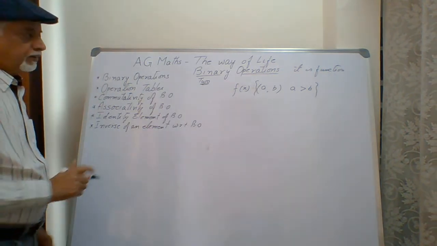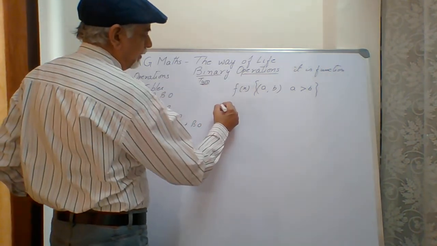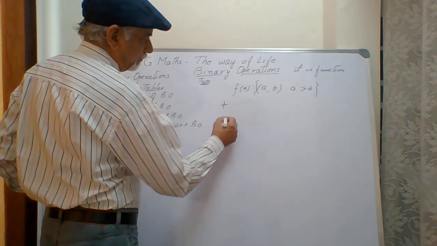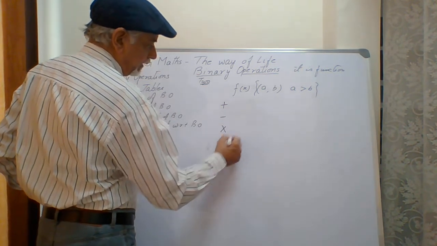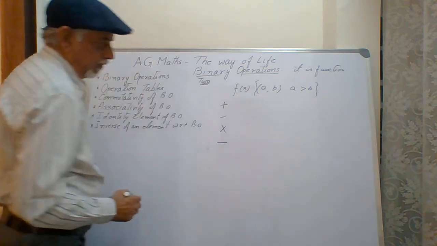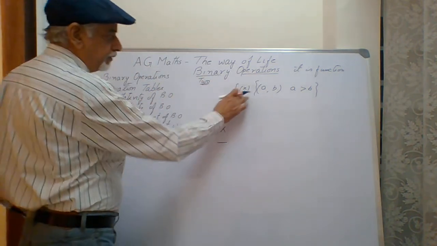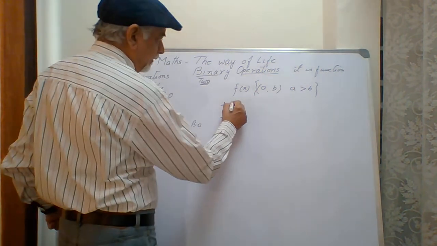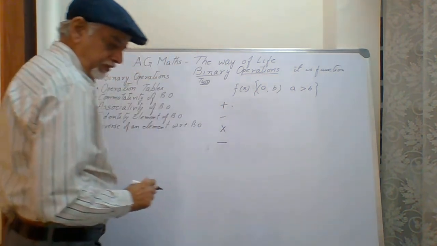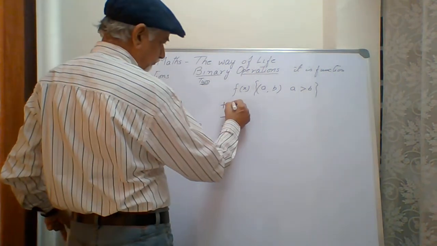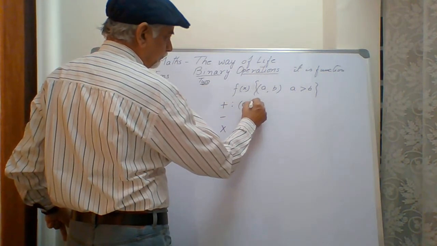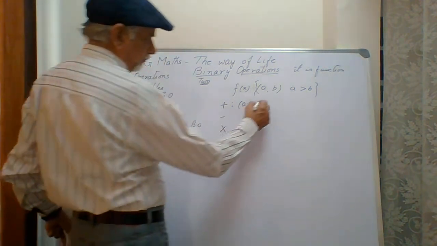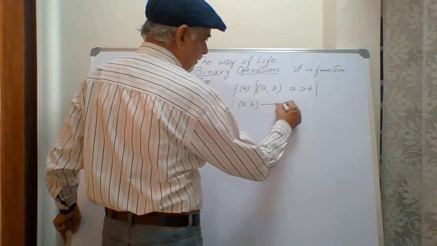So what we write is, the operators are the function. If we have to write addition, subtraction, multiplication, or division, instead of f(x), I write the operators. The operators are written first, then we write the elements, say a, b, and to denote the binary operation, we normally use some symbol.